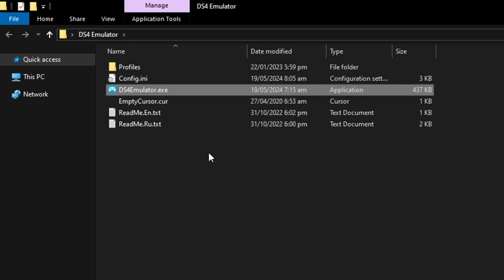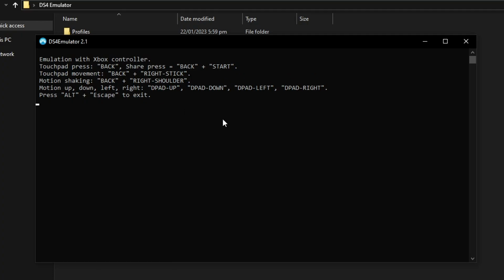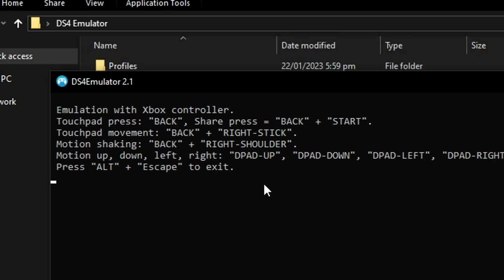And to start it, first make sure that you do have your controller plugged in or your keyboard if that's what you want to do here. And you just have to double click here on ds4 emulator.exe, and just like that, the program is already working. In my case, it already detected the Xbox controller that I'm using, and here you have the instructions on how to use the touchpad or the motion controls in this case. For the Xbox controllers, the motion works by using the D-pad buttons on it. If you're going to play this with a keyboard, when you start the program, you're going to have different options here, of course, because it already detects the controller you're going to use anyway.